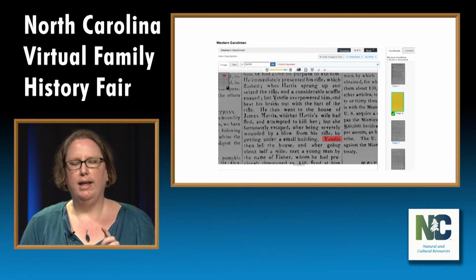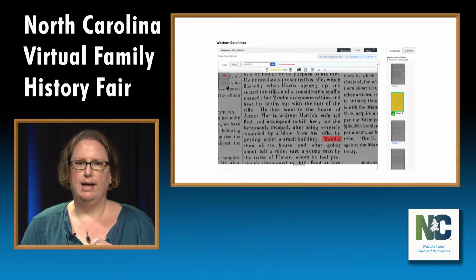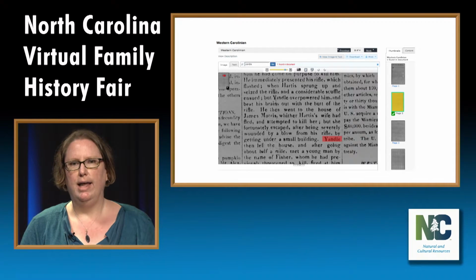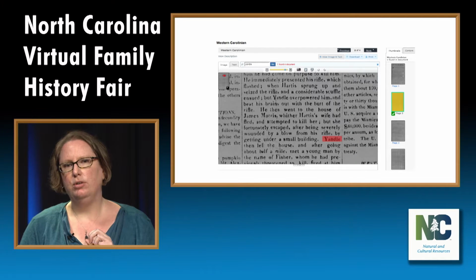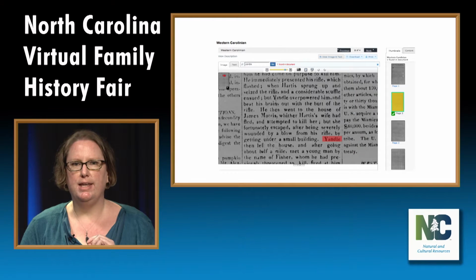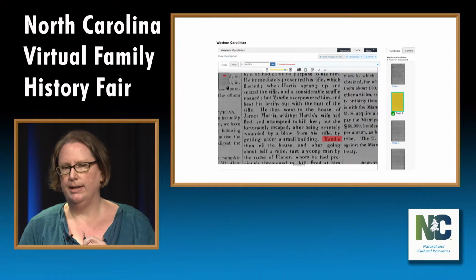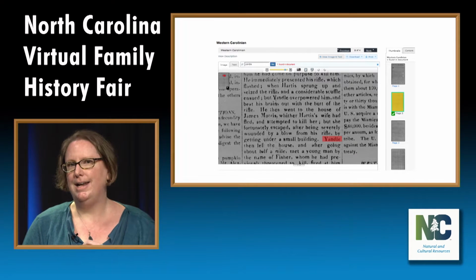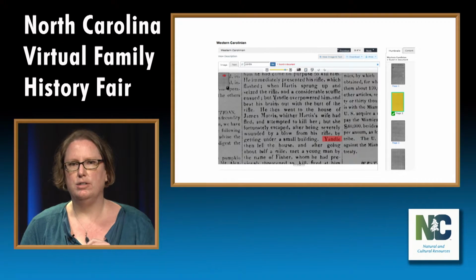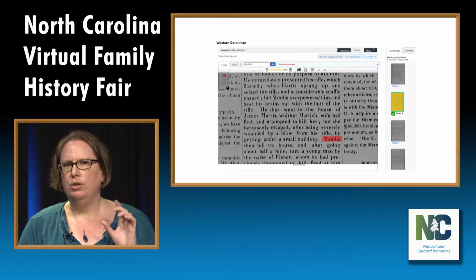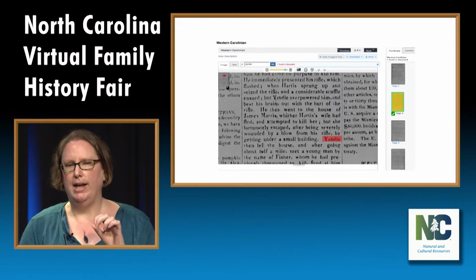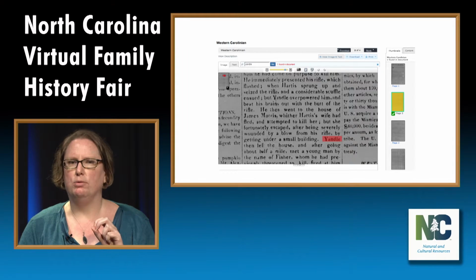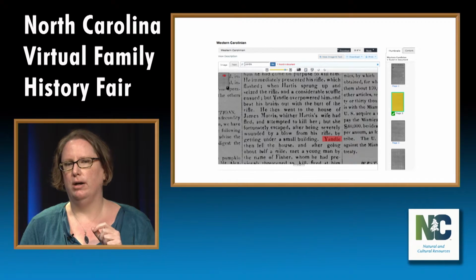You can see highlighted in red is a search I did on my last name, Yandle, that came up with a hit, clearly highlighted as far as where it was on the page. But if you look a couple of lines above that, you'll find that Yandle is mentioned again but is not highlighted. This means it's not been caught by the software and identified as the same word as the other highlighted term. If you look really closely, you can see that the A in Yandle is smudged a little bit,